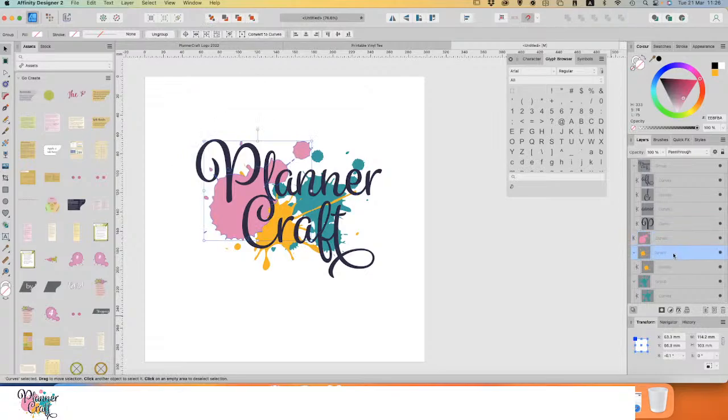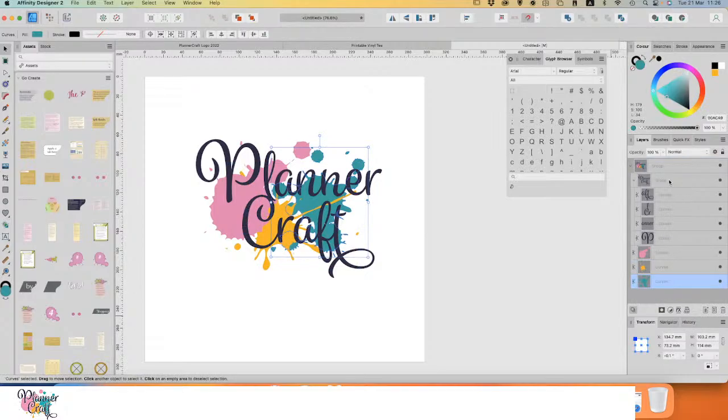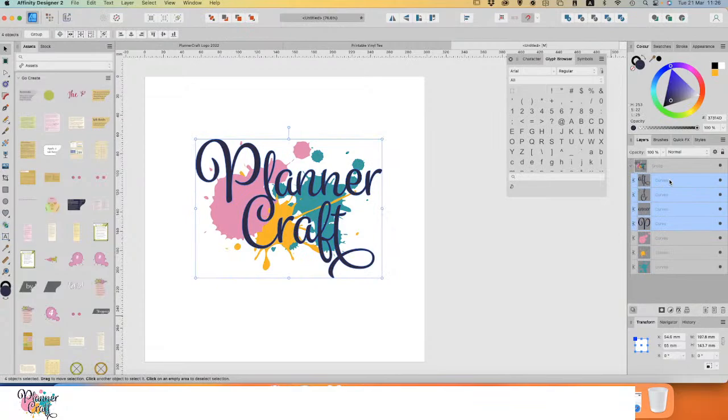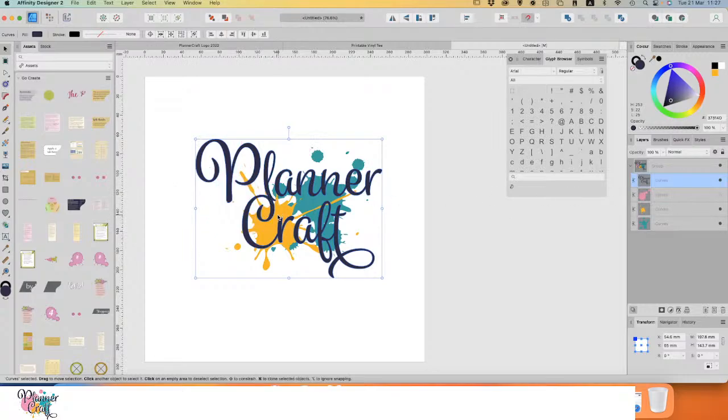And as these are now individual shapes, we don't need these groups. And again with this one, I'm just going to ungroup it and merge it. So we now have all of our elements ready to cut. But obviously if we were to cut these at the moment, our splodges are going to cut as they are. So if I hide, for instance, the pink, you can see it's going to cut all this yellow as well. So what you might want to do is punch through your layers underneath, and then we could do